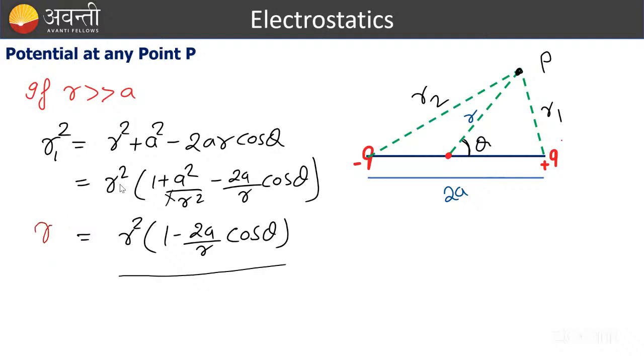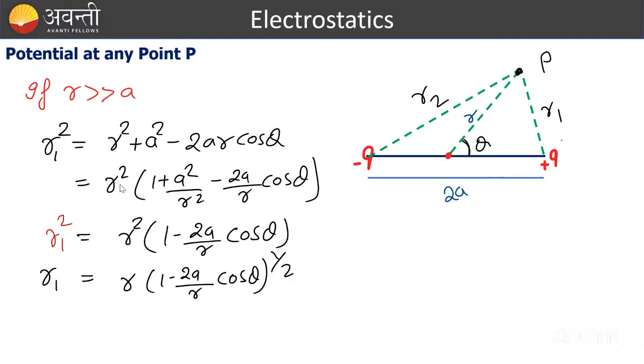R1 square is this. अगर R1 निकालना है, ये root इधर जाएगा. So this is R square 1 minus 2A by R cos theta का root. Root means power is half. So R square का R हो जाएगा. And 1 minus 2A by R cos theta half. ठीक है. अब देखो यहाँ पे एक और कॉन्सेप्ट है मैथ्स का,